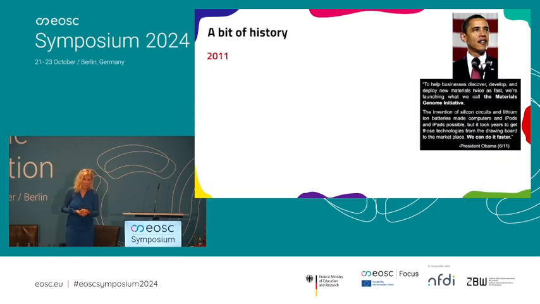It was actually 2011 when Barack Obama announced the Materials Genome Initiative. Every American president has a special program, and Obama wanted to help business. He didn't think so much about science, but he wanted to help business, because we know that from the invention of a material until it's really produced in large quantities on the market takes ages. It takes two centuries, very often three centuries, depending on the application, of course. And he wanted to speed up this process. How can we get it to the market faster, right?